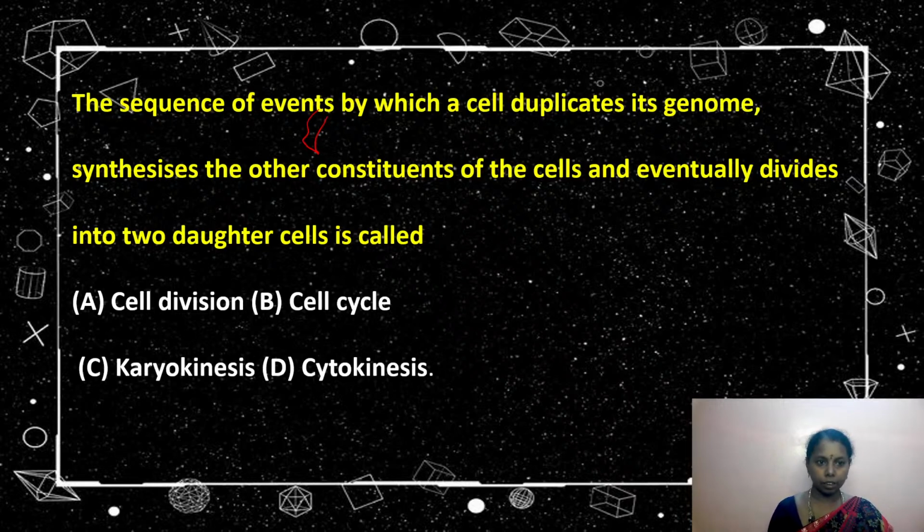So, let us discuss today the most probable questions from cell cycle and cell division. As you all know, in cell cycle and cell division, you may get application-oriented questions, like the number of divisions needed, or skill questions, like where exactly the splitting happens, where exactly you can see the structure of the chromosome.